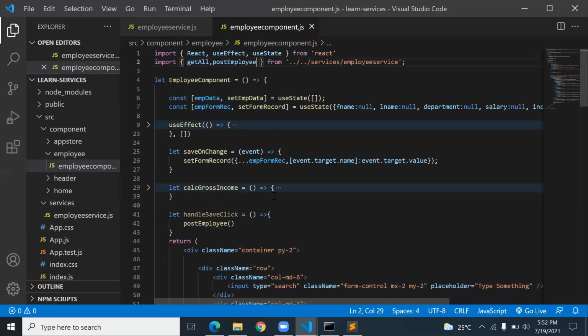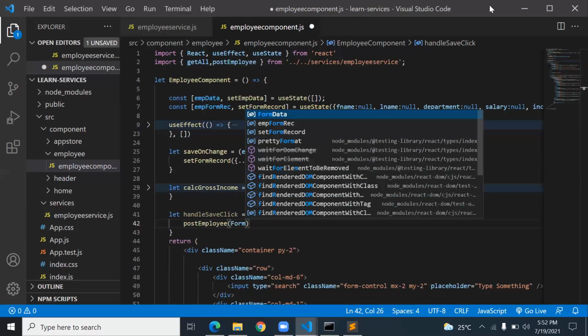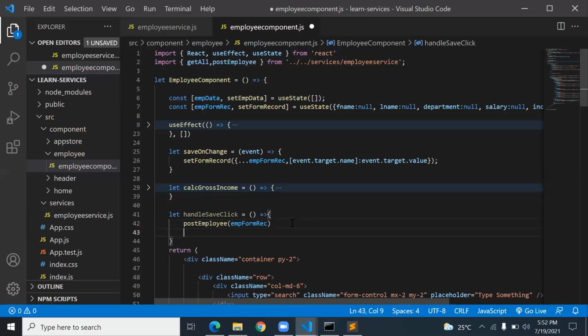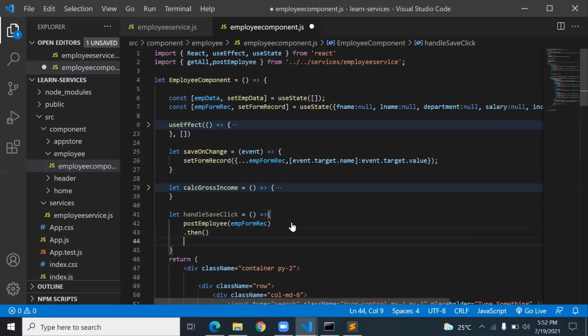Now in this postEmployee, I pass the form EMP form record as it is, which returns me the object. I call dot then, dot catch.